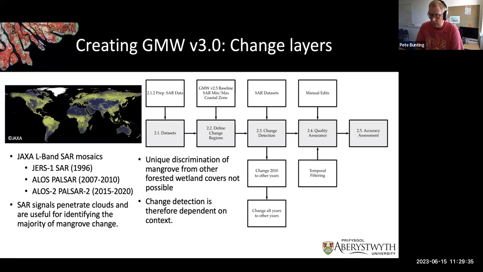And really what the radar is seeing is the structure of the vegetation. So rather than the optical, which is seeing how much light is reflected off the surface, the radar data is sensitive to the 3-dimensional structure. So when we're looking at change, what we're looking for is basically a change in the 3-dimensional structure of the landscape. So if you've got an area of mangroves that gets deforested, then we're looking for an area that did have a vertical structure going to an area that didn't, and then vice versa, an area that wasn't mangroves, had no vertical structure or little vertical structure, and then it converts into something with trees growing out of it, and therefore it has a vertical structure. So if we go to the next slide,